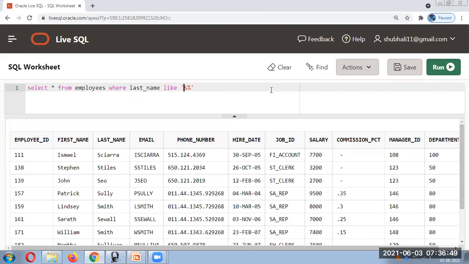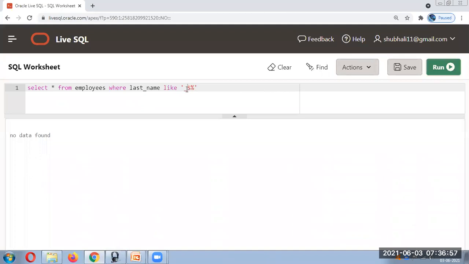If you mention underscore over here, it means one character before this, any character, but there is no data like that. You can mention A over here, meaning the second character is A. Nothing like that.